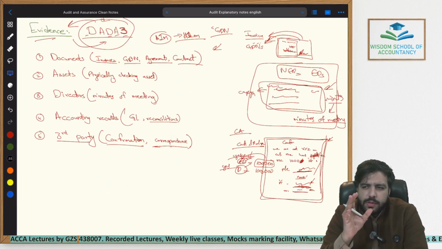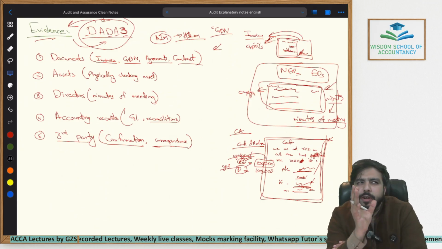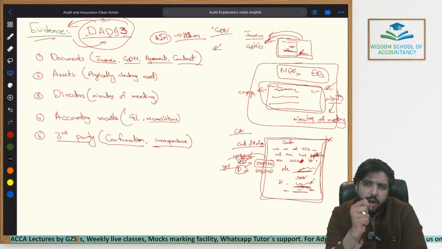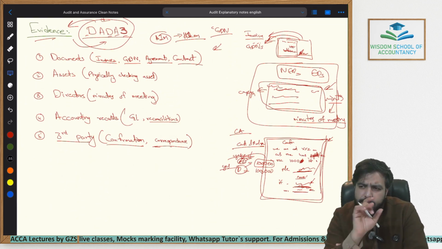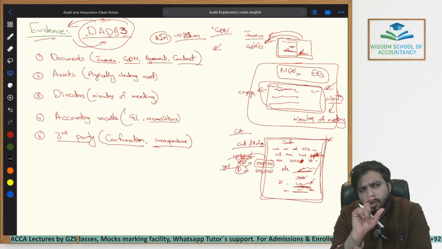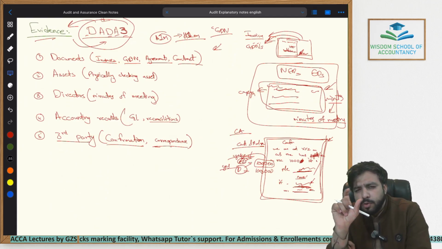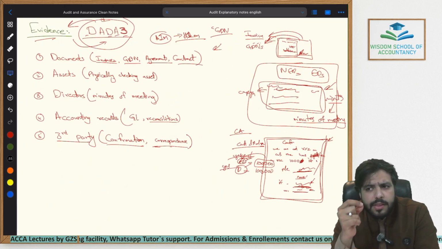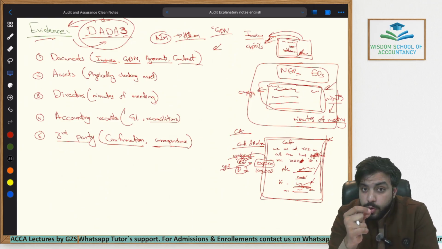Can we use invoices to verify whether customer-wise balances have been recorded correctly or not? Let's think of it. Every single customer's receivable total balance has a breakup, a customer-wise breakup. Customer A owes 1,000, customer E owes 3,000. Okay, let's take customer A for an example. We are just trying to make a procedure. Customer A owes 1,000. How can we verify that he owes 1,000 by using invoices? Can we ask the management that if $1,000 of receivable against customer A has been recorded,